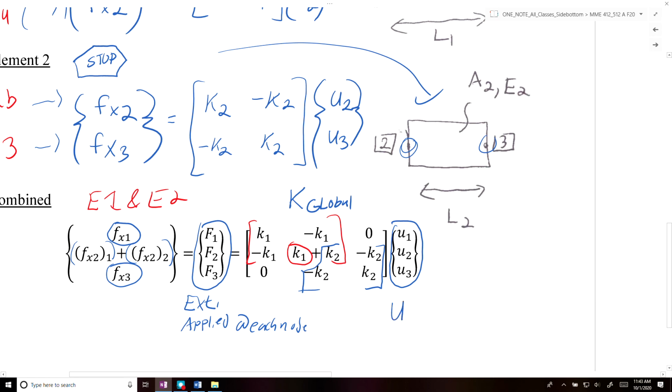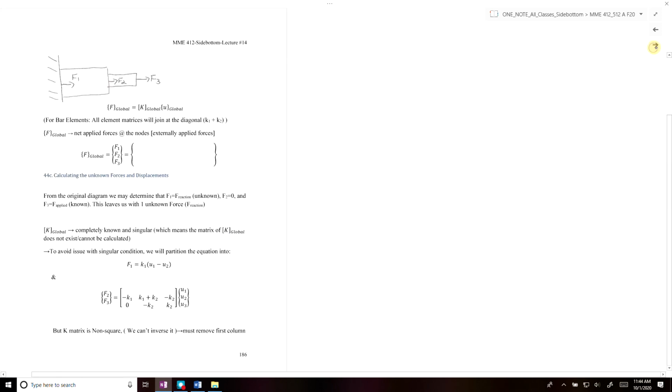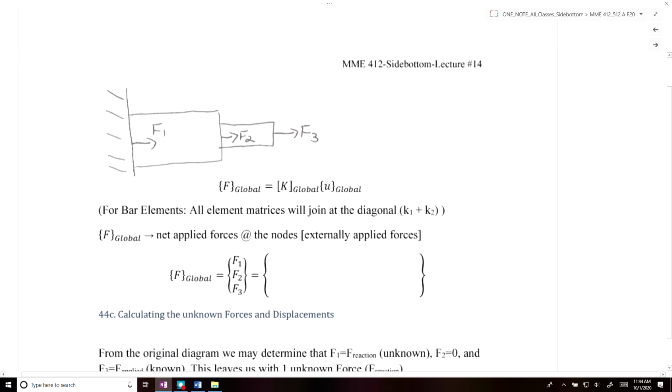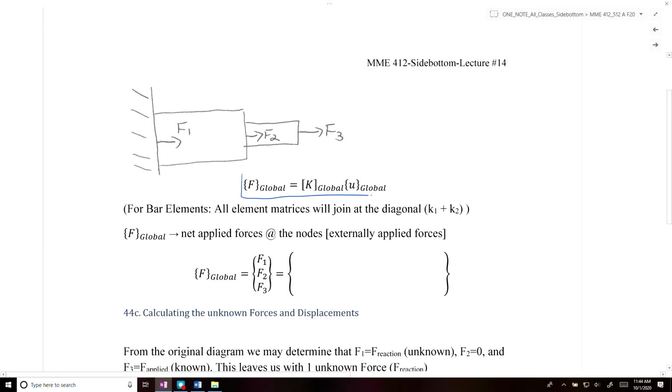We call this our global displacement matrix. So what we end up getting is our equation for the global system,